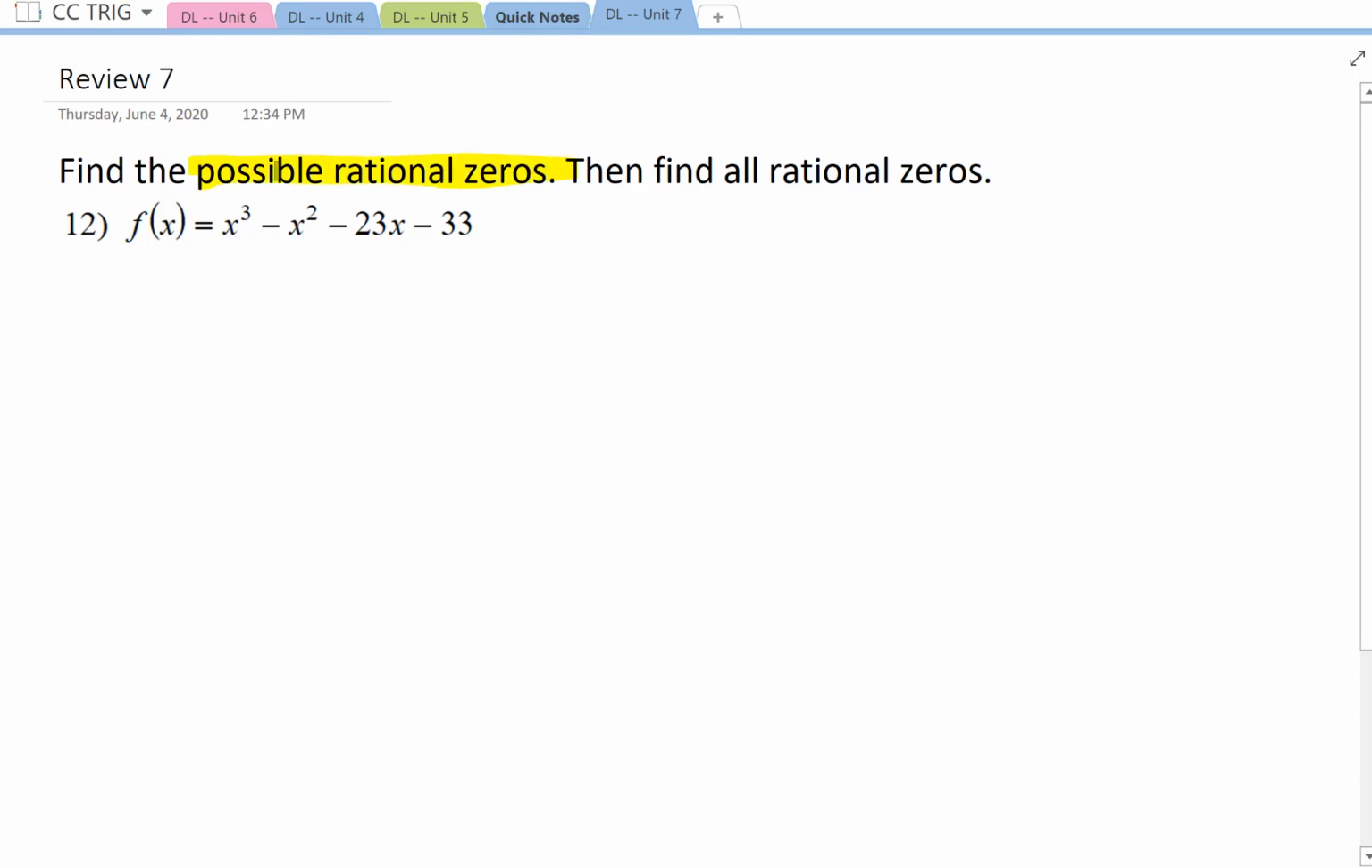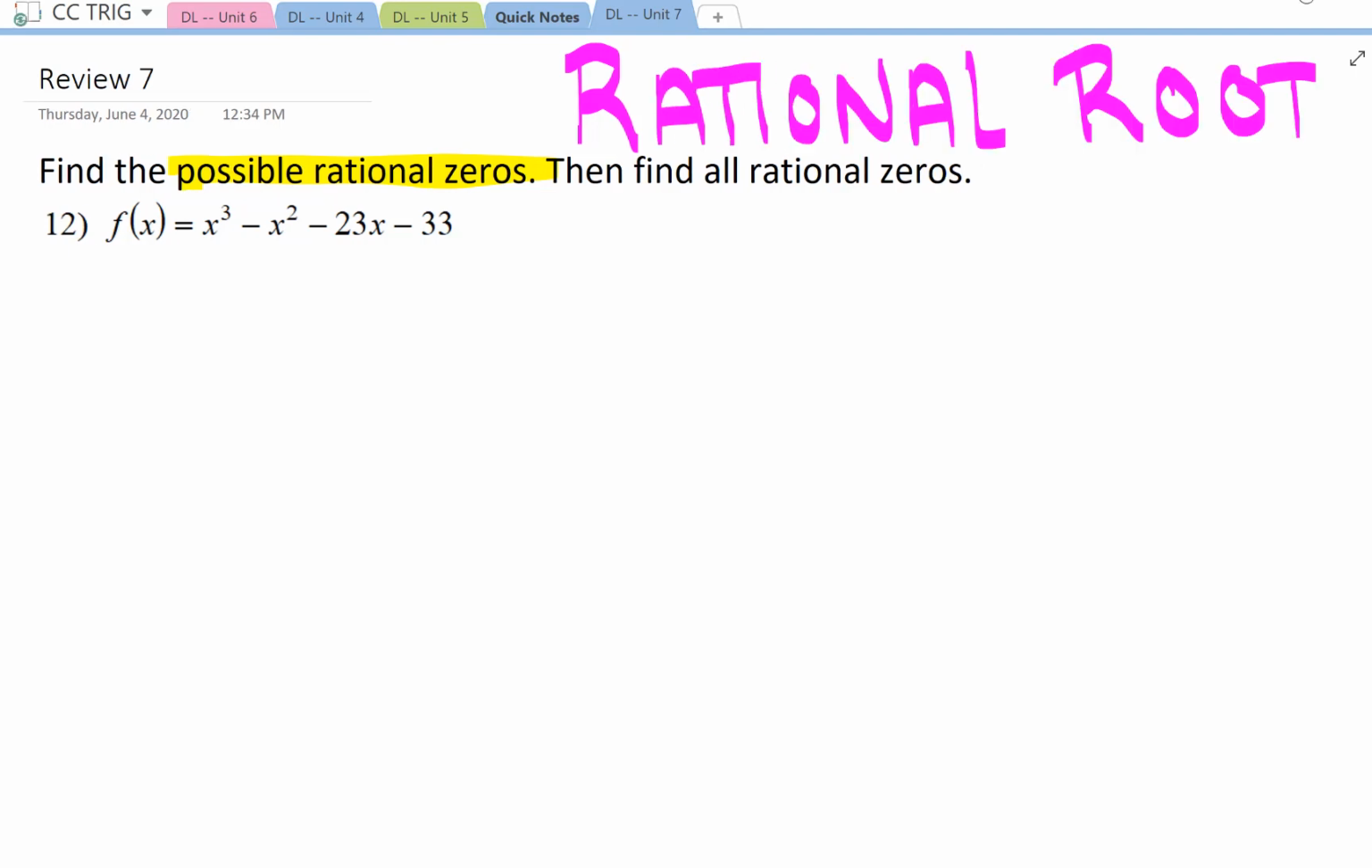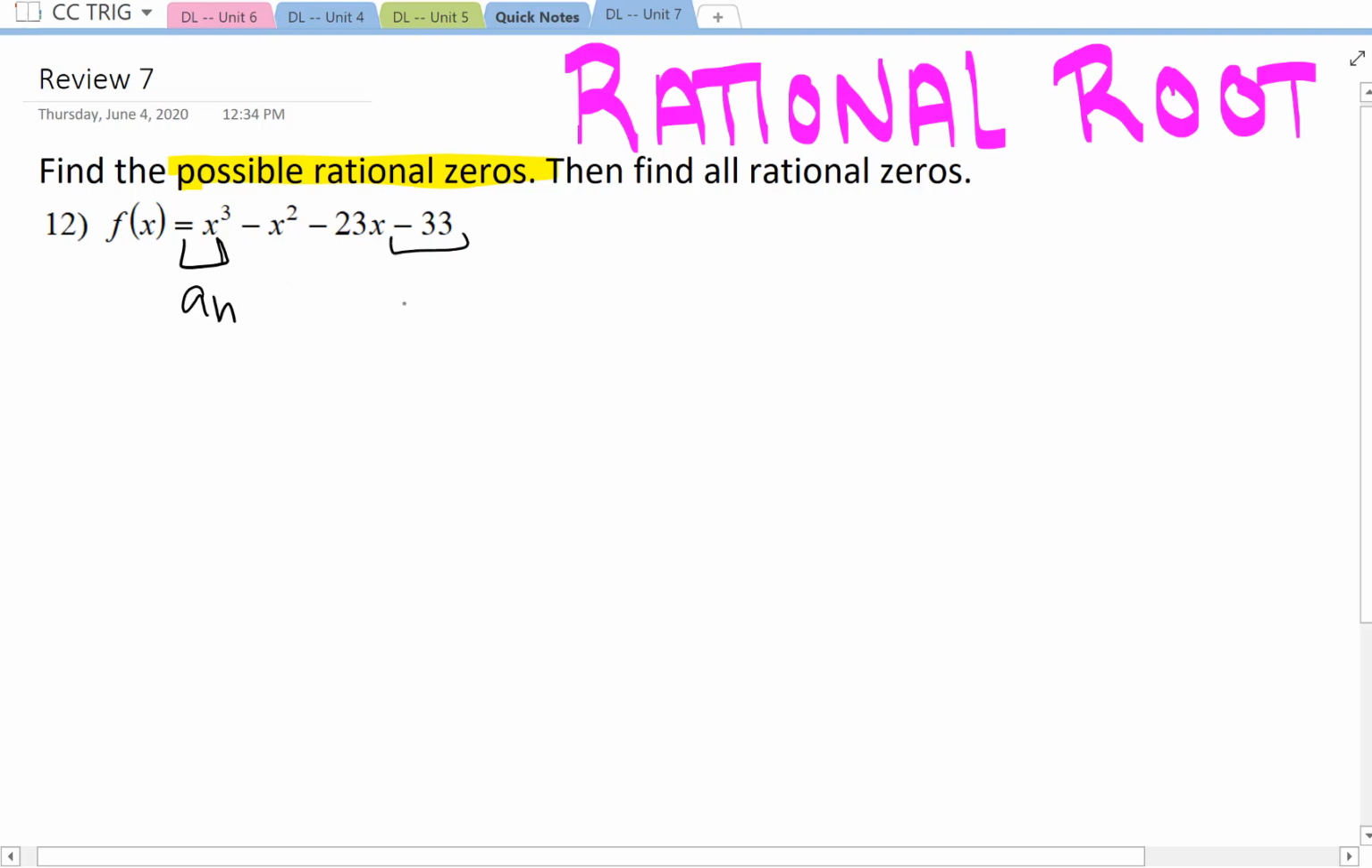Find the possible rational zeros. This involves the rational root theorem. So I'll begin by labeling the coefficient here as a sub n, the leading coefficient. The number here is a sub 0, your constant term. And p over q, the possible rational zeros, are made up of factors of a sub 0 over factors of